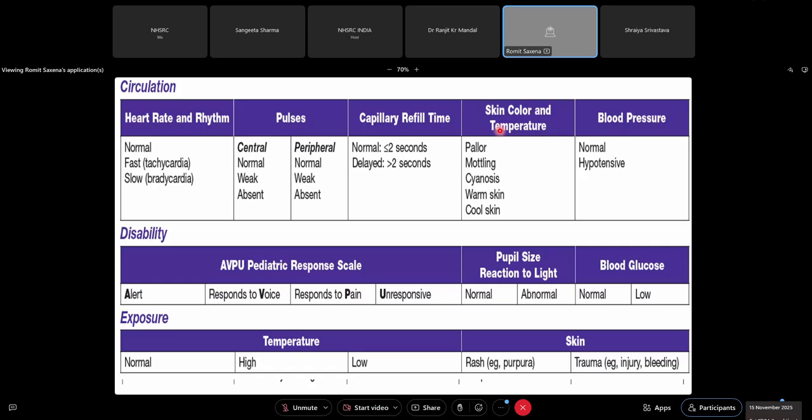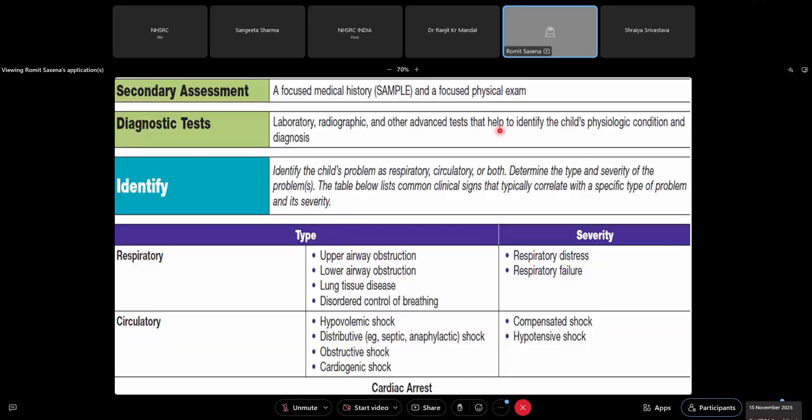Then again, classify your neurological status. Why it is important is you might be on shift duty. You might say the patient is drowsy. But if you don't categorize that the GCS was this much, and now you have intervened and the GCS has improved, the other person will not be able to monitor. So it's very important to categorize where you are. And similarly, temperature and whether there's a rash.